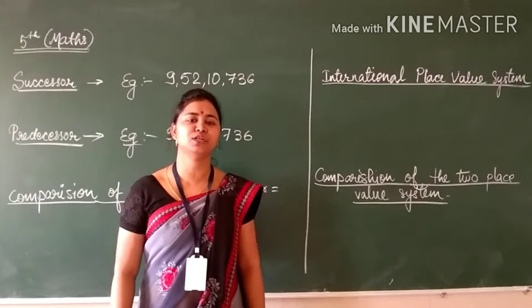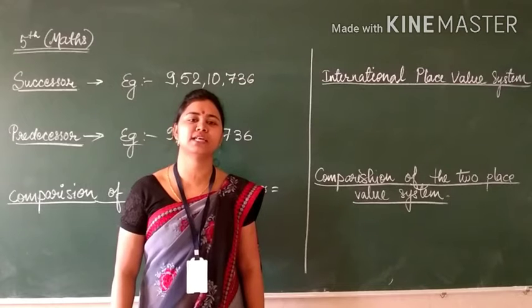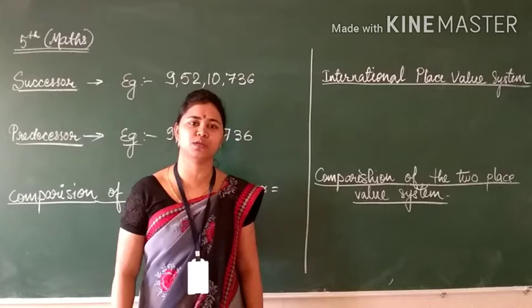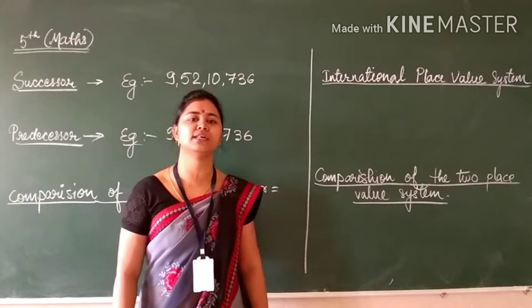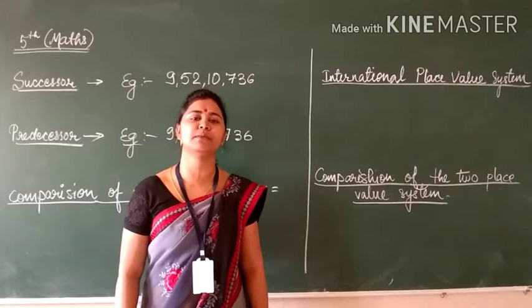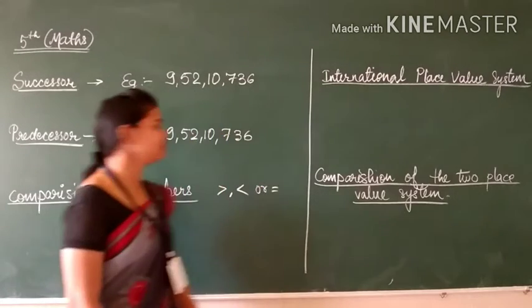Today I am going to teach you class 5th, and the topics are successor and predecessor, comparison of two numbers, whether it is less than, greater than or equal to, the international place value system, and the comparison of the two systems, that is, the international place value system and the Indian place value system. So, first of all,